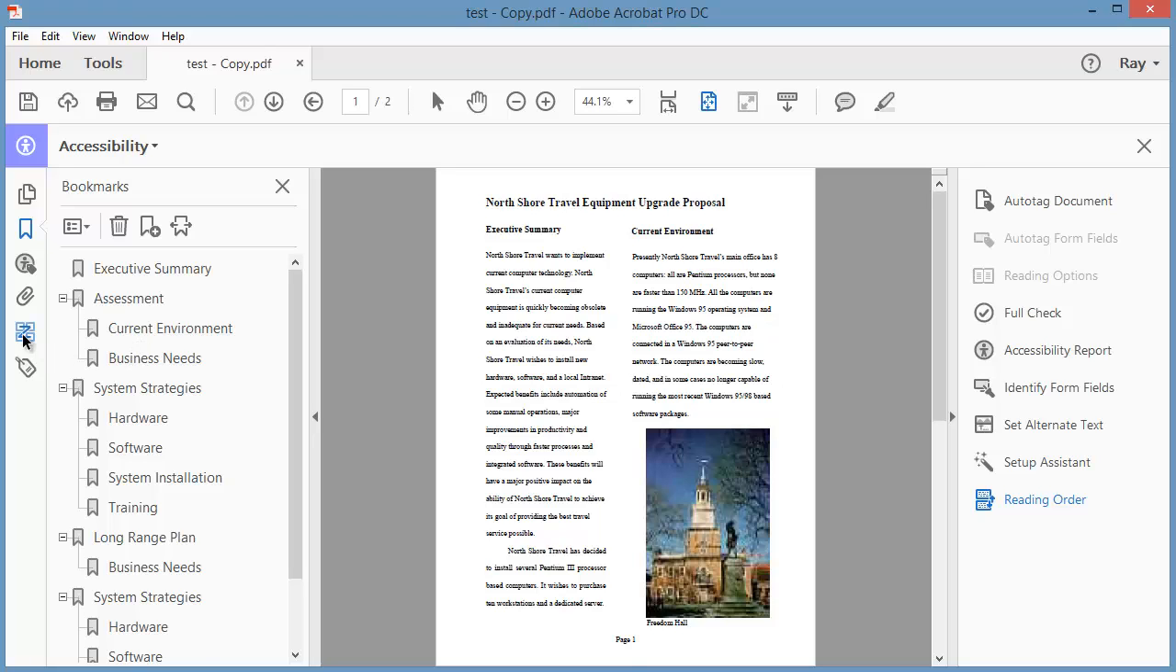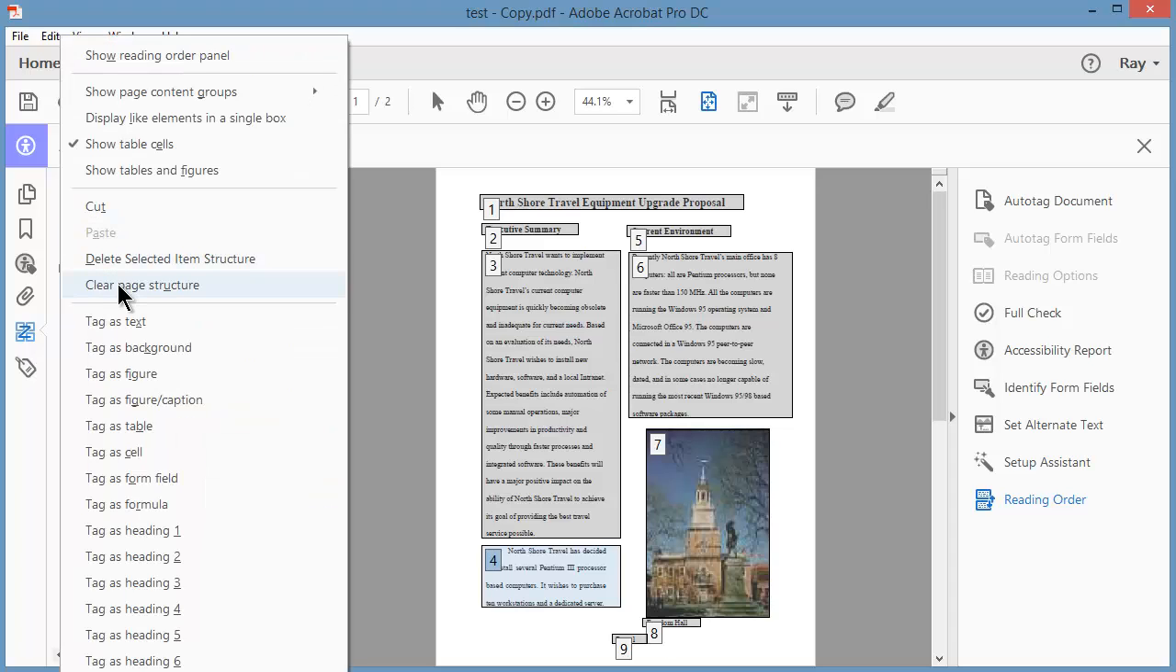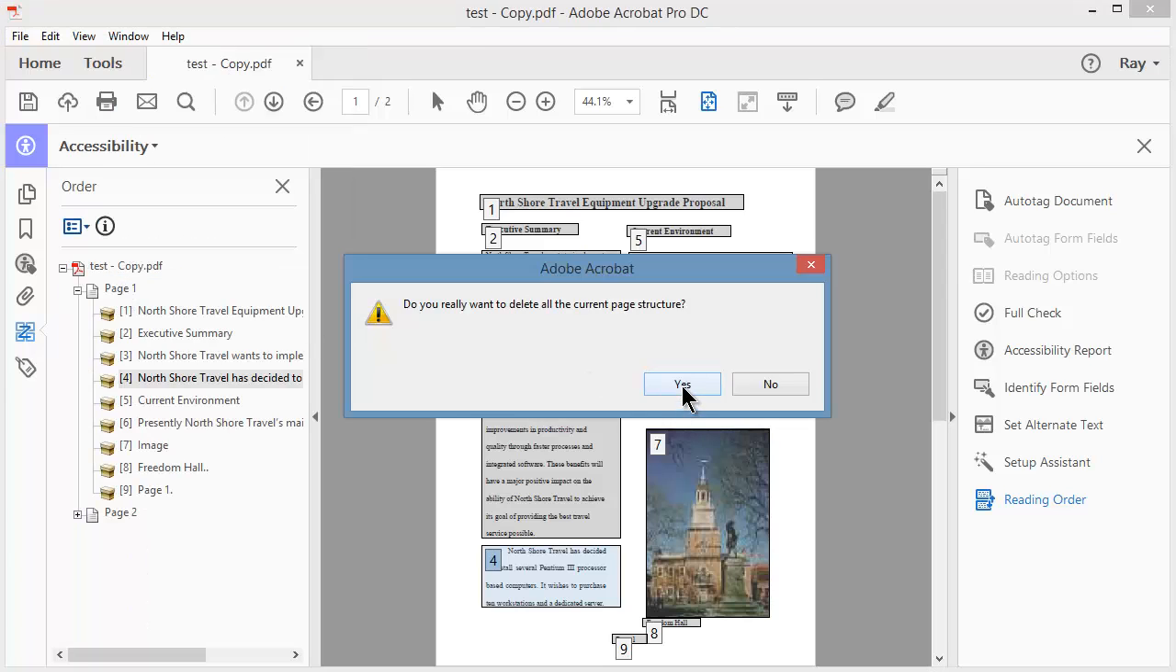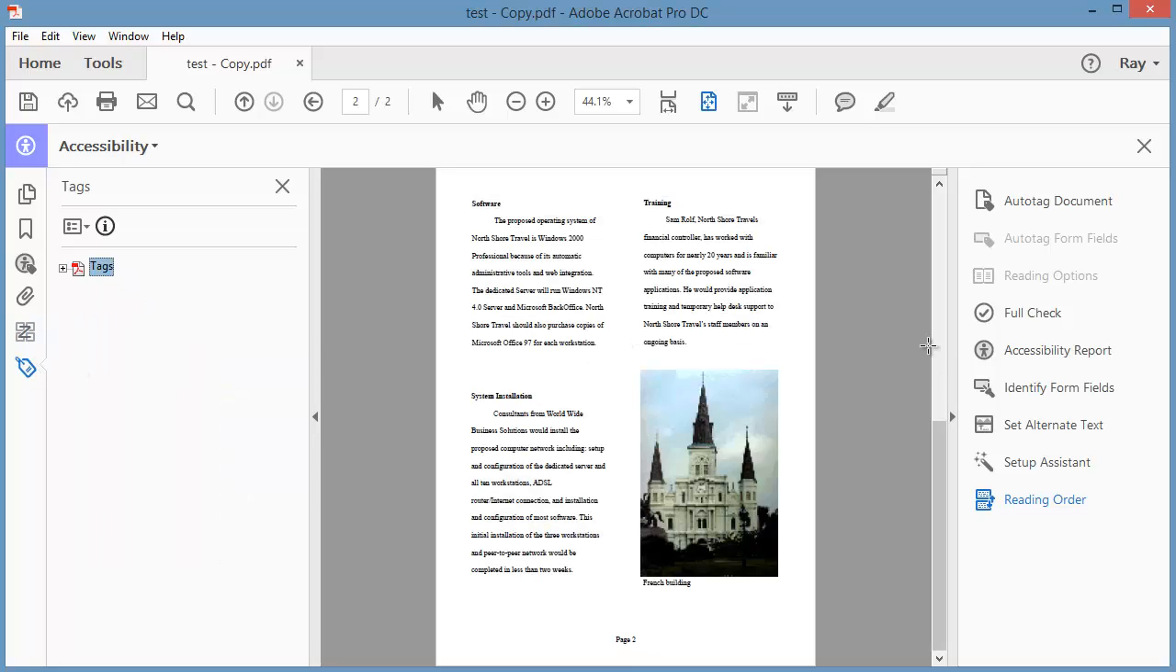Now back on the Order panel, if I wanted to strip this organization off, what you could do is come out here, and if you click the drop down arrow, you can clear the page structure, and it will clear the structure just for this page. If I go to page 2, I still have my structure, so I'd have to do this for every single page on my document. Also, if I were to do this, if I come back out here and take a look at my tags